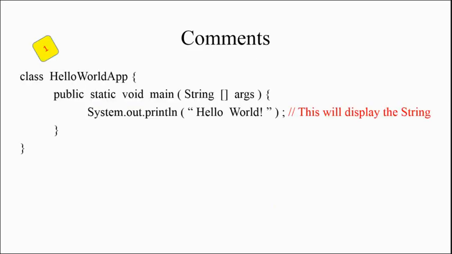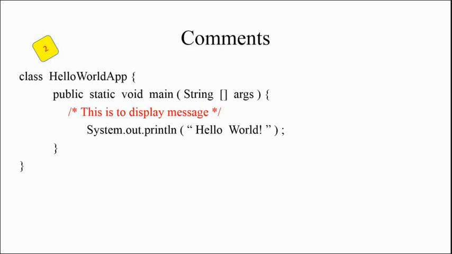The first type of comment is a pretty simple one. This type is used when we want to put a comment at the end of the line. It is normally used to describe the code of the line it is written in, like the one shown. The compiler ignores everything written in the comments. The second way of writing a comment. This type of comment describes the code written after it.